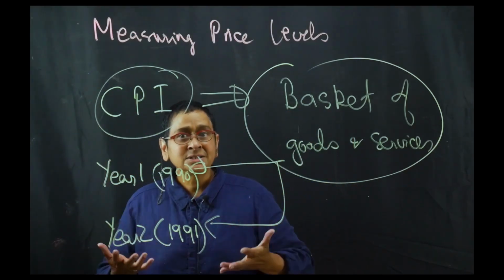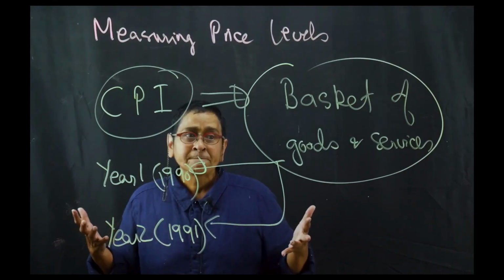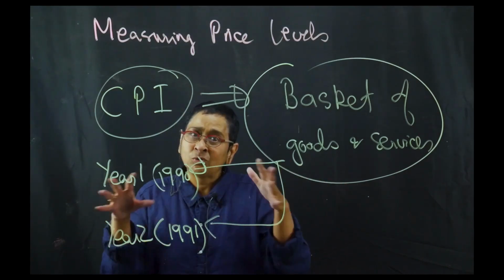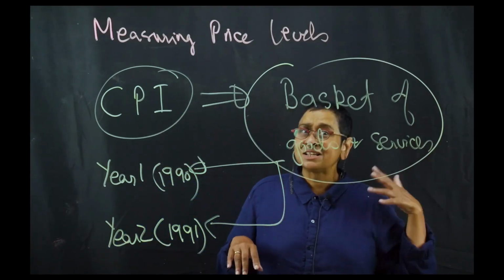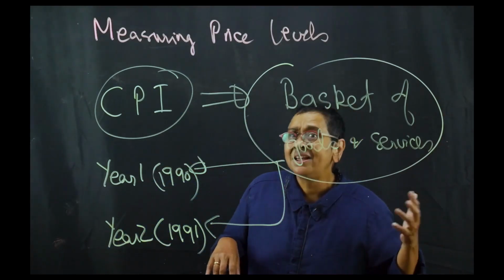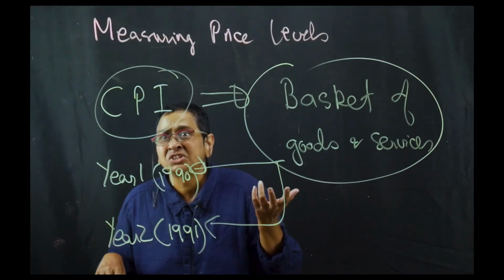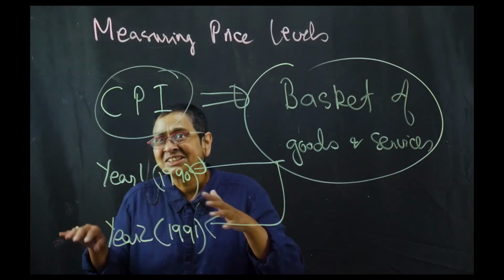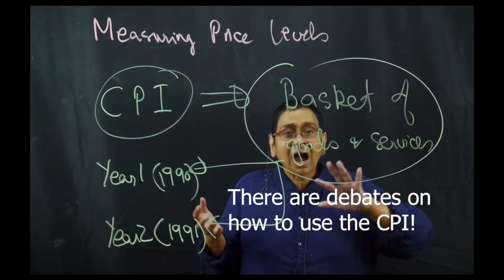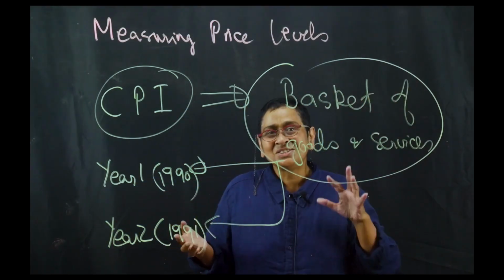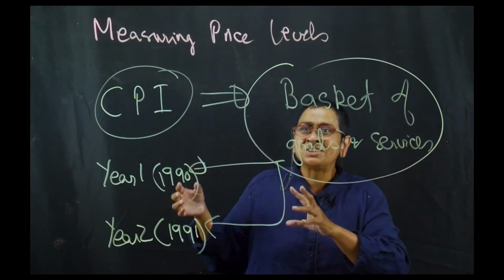Similarly, there are concerns about whether or not you should use the CPI for the whole country. No matter which area you're looking at, it's very clear that in some parts of the country, say urban areas, there are certain kinds of price pressures around, say, housing, which are not true in other parts of the country, right? So there are debates about how to use the CPI, how to adapt it, where it goes, what goods